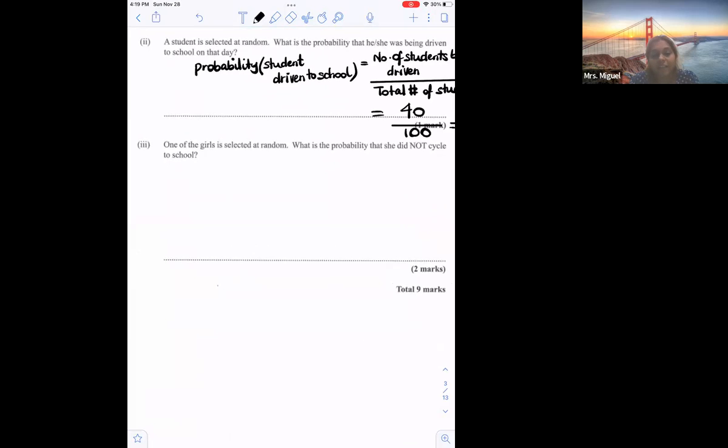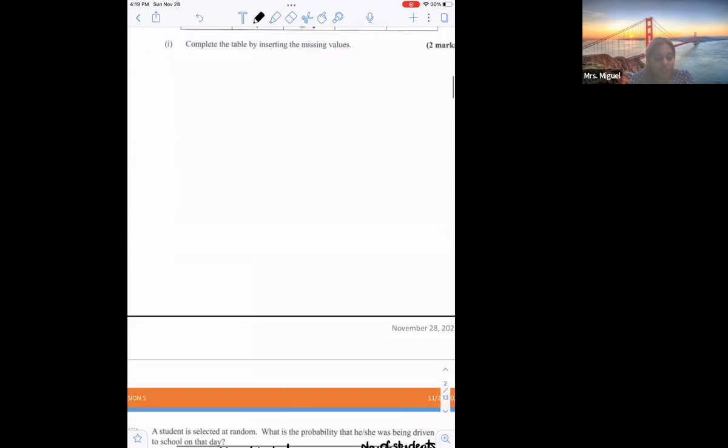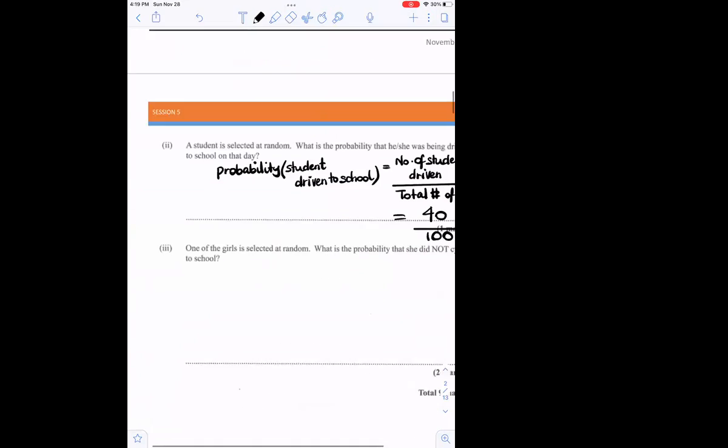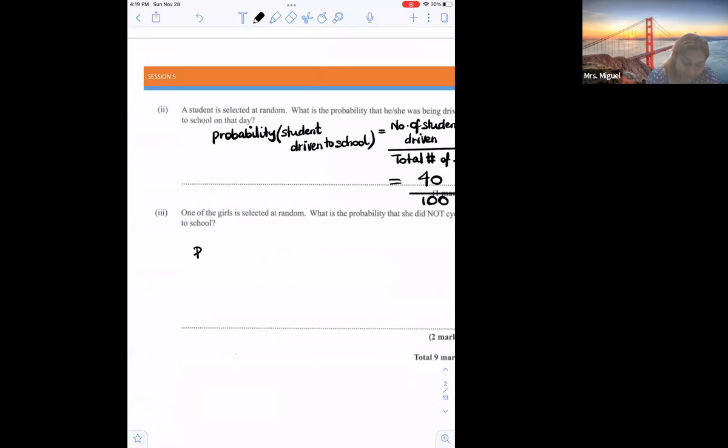One of the girls is selected at random. What is the probability that she did not cycle to school? So if she didn't cycle to school, this is what we're looking at. So if she did not cycle, therefore she could have walked or she could have driven to school. Do you all agree? Yes. So the probability that